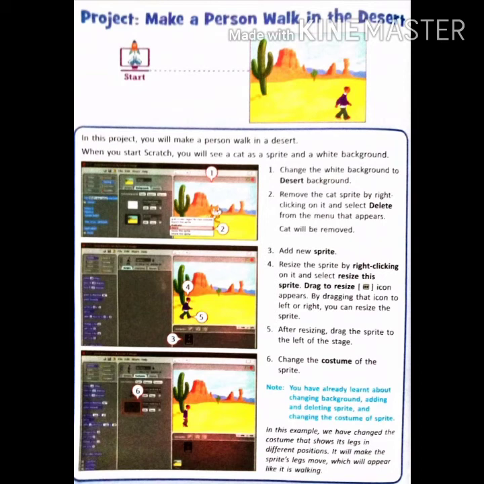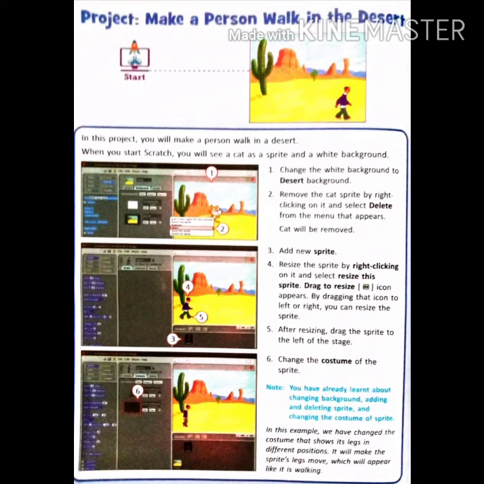Fourth, resize the sprite by right-clicking on it and selecting Resize this sprite. Drag to resize icon appears. By dragging that icon to left or right, you can resize the sprite. Fifth, after resizing, drag the sprite to the left of the stage. Sixth, change the costume of the sprite.